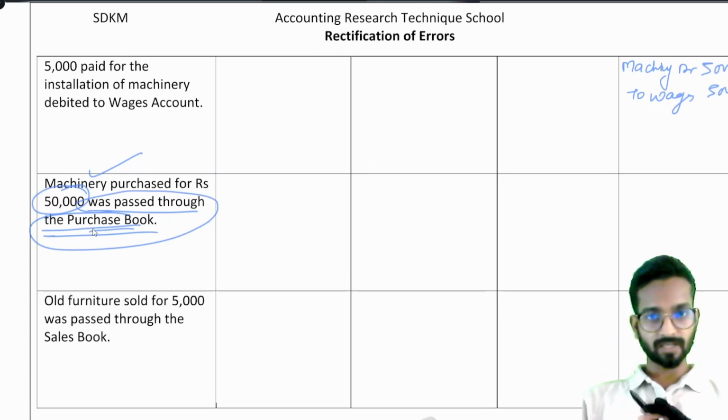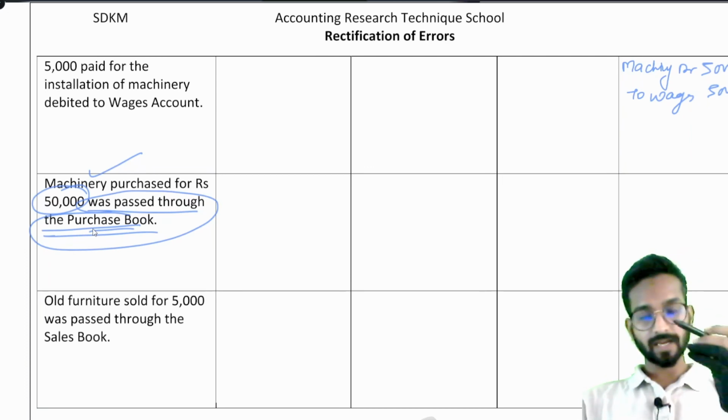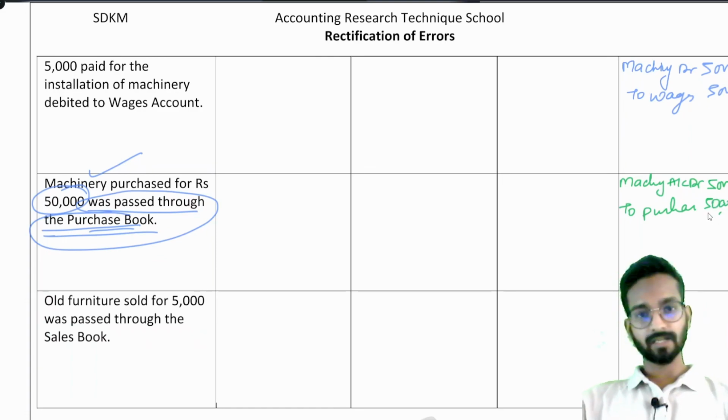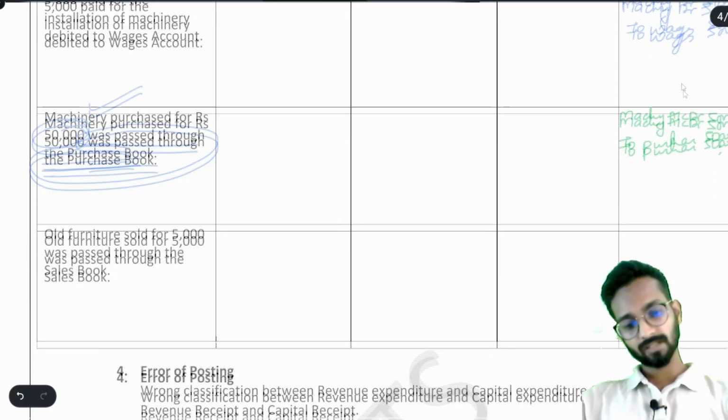To cash is correct. Machine should be debited. I debited what? Purchase. So the correct entry will be machine account debited to purchase 50,000 and 50,000. Understood? Very easy. Now,